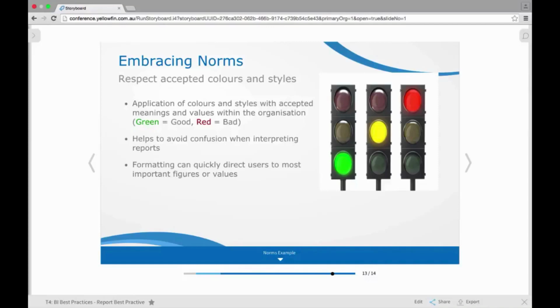We also do recommend bringing across established norms, so things like being able to respect the accepted colors and styles within an organization. So really making sure that if you're going to use things like your conditional formatting, you apply styles that match the meanings and the values that you have established within a business or an organization. That could be as easy as anything that's highlighted in green is good, anything that's red is bad. That could be a commonly held notion within an organization, and something you might then want to apply to